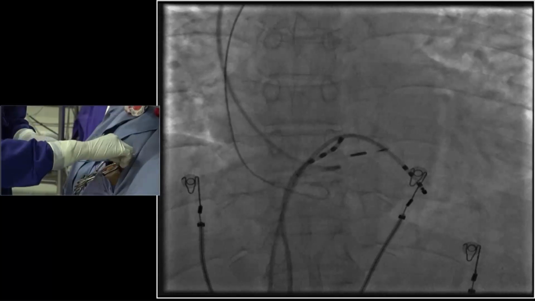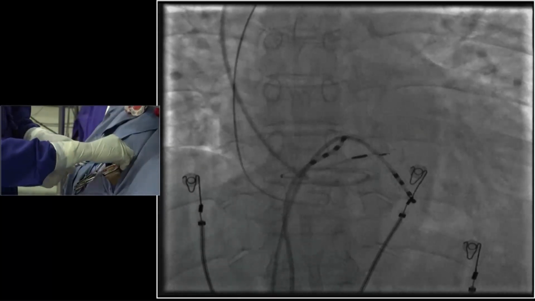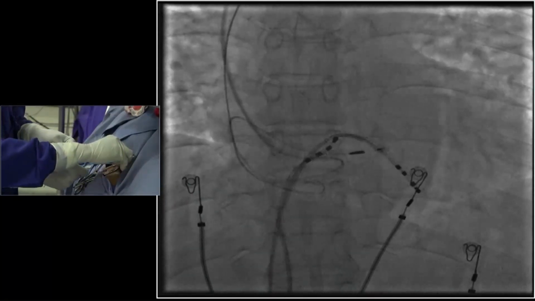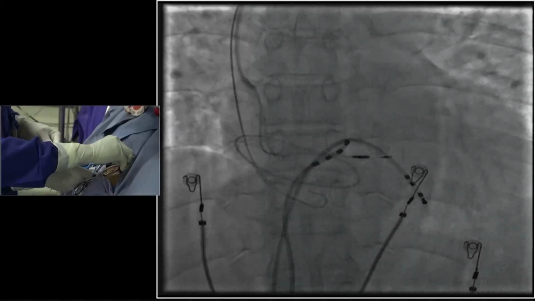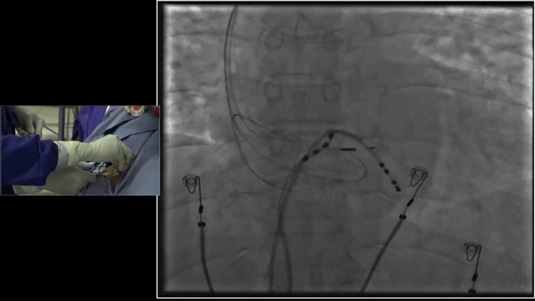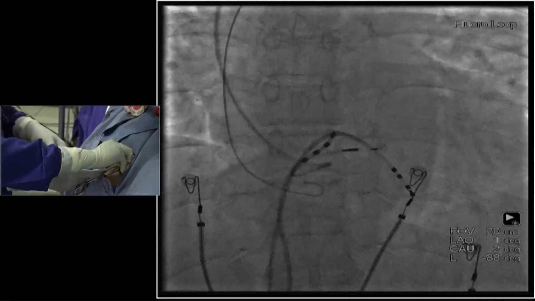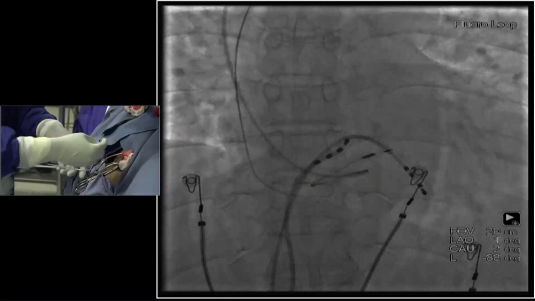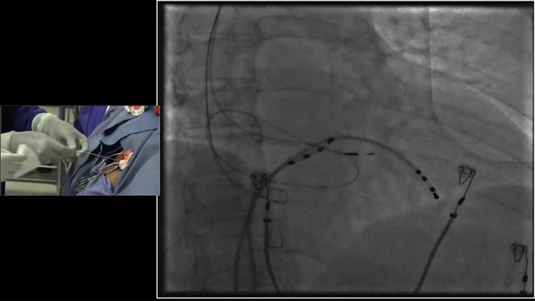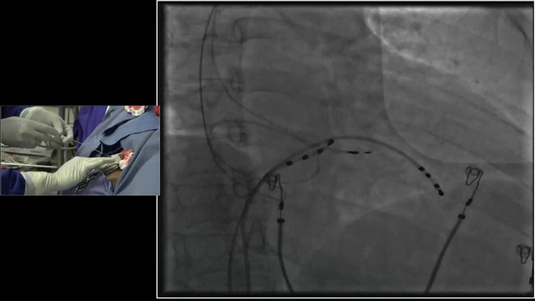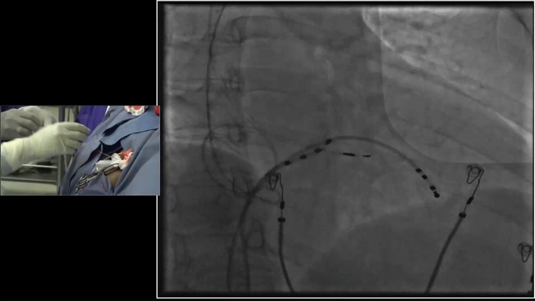So here, a lot of mischievous things might happen, lots of dangerous things might happen, but don't worry about it as long as your lead is not moving. Go to RAO. Some dangerous loops might form. So all you have to do is gently withdraw the lead. Just observe my hand movements.